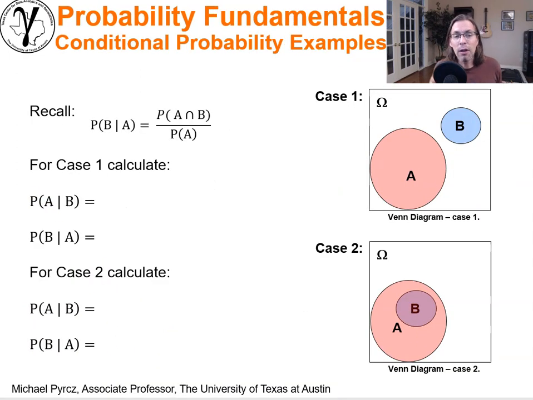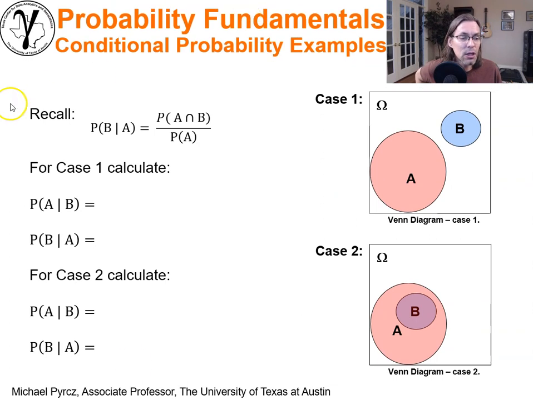Okay, so given all that we've learned about conditional probabilities, let's go ahead and solve some of these. Now you'll notice I made it a little bit tricky. You don't need to actually measure the areas. You can actually communicate all of this using the concepts of probability of A, B, and so forth, intersections. So go ahead and solve for each one of these conditional probabilities. Okay, I'll show you the answers in 3, 2, 1, and here they are.